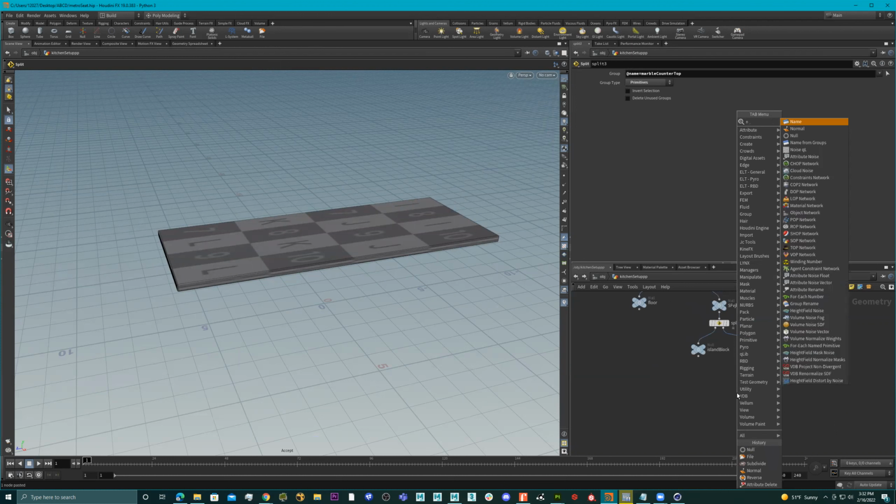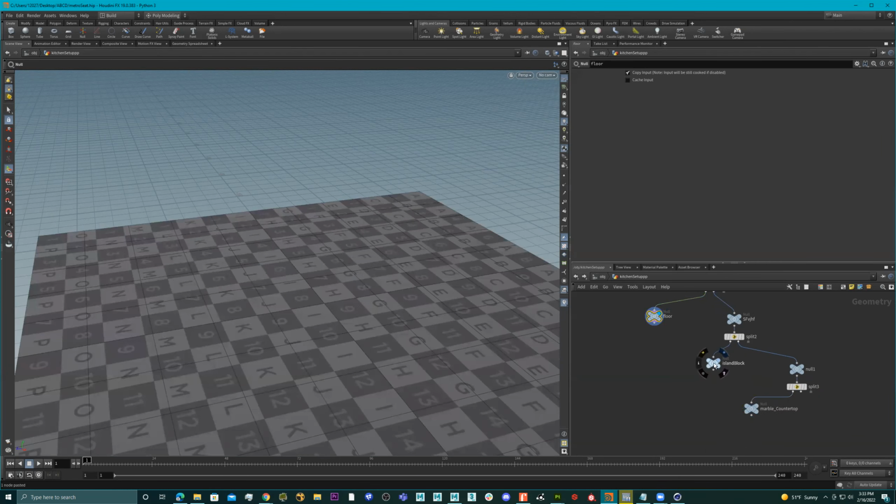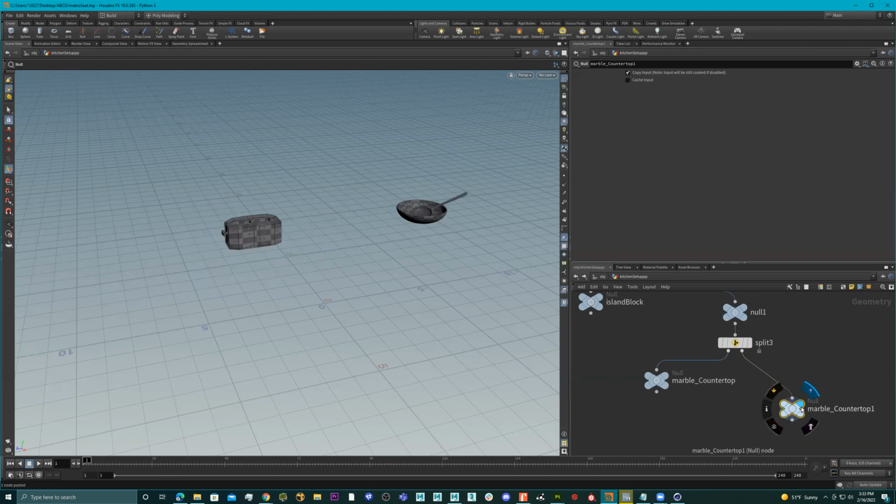right click, null. Or you can copy your null, because remember, it's just to label what's happening. Marble counter. All right, so check what we have. We have floor, we have our island block, we have a marble countertop. Now let's get the rest, right? Over here,